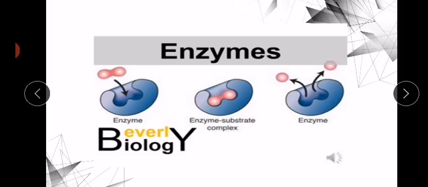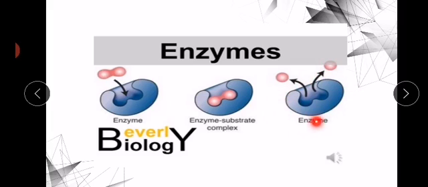The enzyme will cause a change in this substrate. The substrate came and the enzyme attached with the substrate. After that, what will happen? The enzyme will convert this substrate into products. It will break down the substrate and release the products. Now here you can see the substrate is released as a product, whereas there has been no effect on the enzyme.